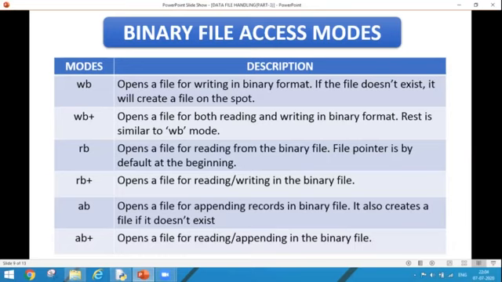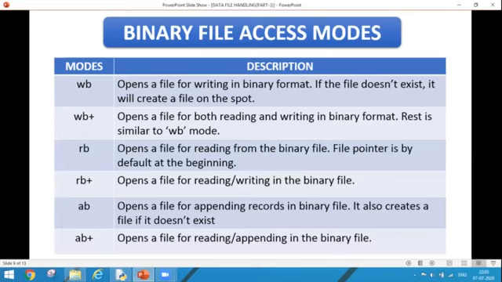Next, AB. AB stands for append the data in the binary file. That means this mode will open a file for appending the records in the binary file. And as with WB mode, if the file does not exist, it will be created on the spot.